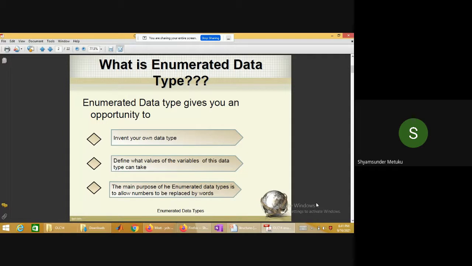Wednesday. You want to convey information. Most of the time numbers are used, but if you give a meaning to that number, it gives more readability and understandability. So the main purpose of the enumerated data type is to allow numbers to be replaced by words.